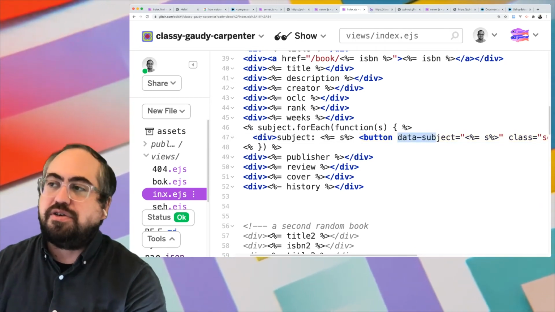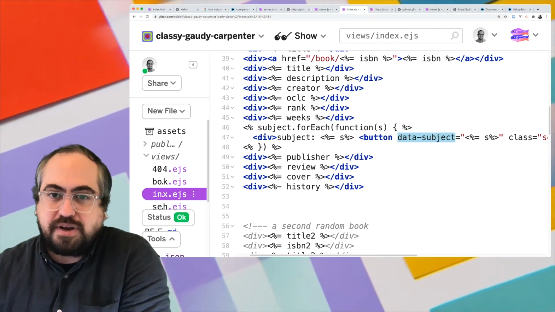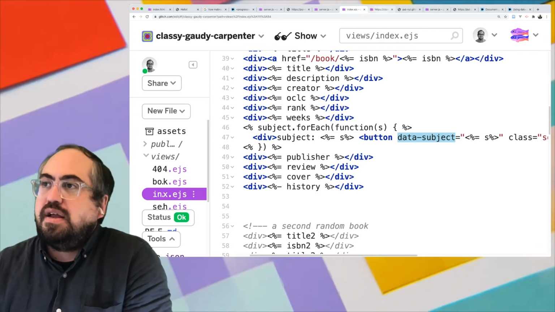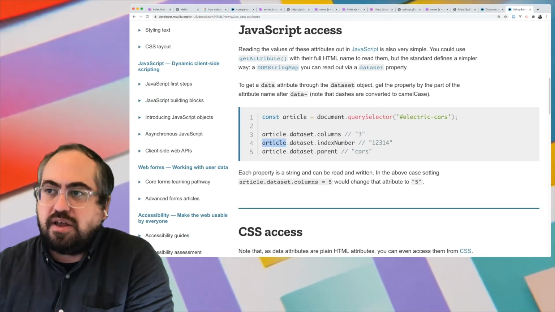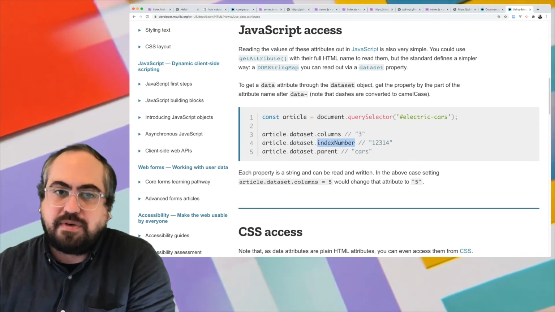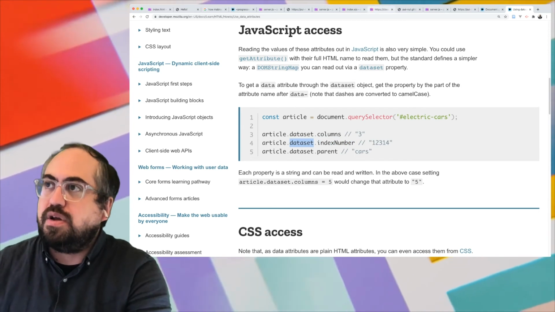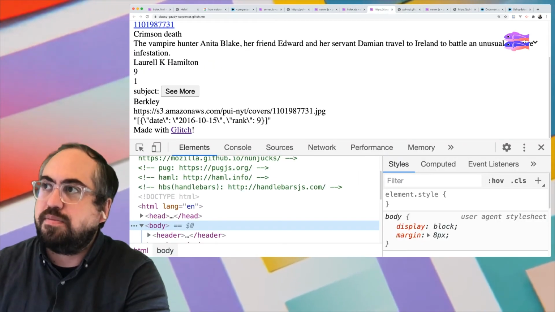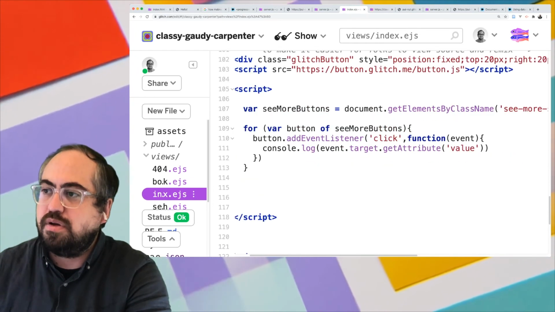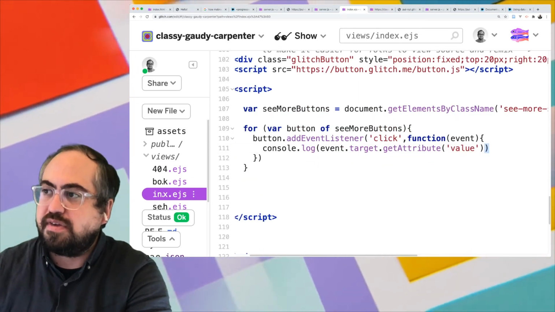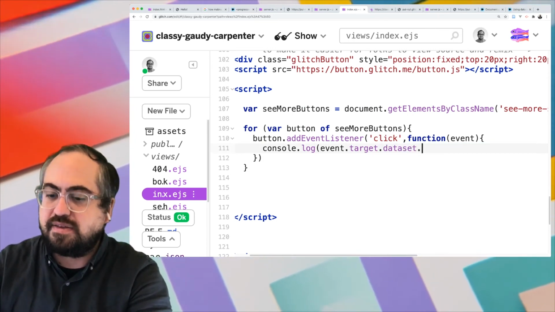So now we are using a data attribute called subject to store the subject itself. And then you can access it in JavaScript by saying, okay, the element, then dataset, and then the name of the data property you set. So in our case, it was subject. So we can change it over to use this data subject, by switching from value to saying the target, which is the button, dot dataset dot subject,